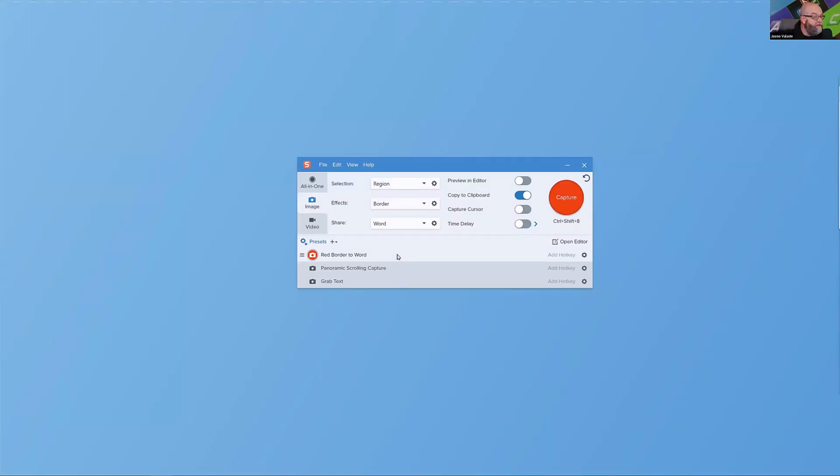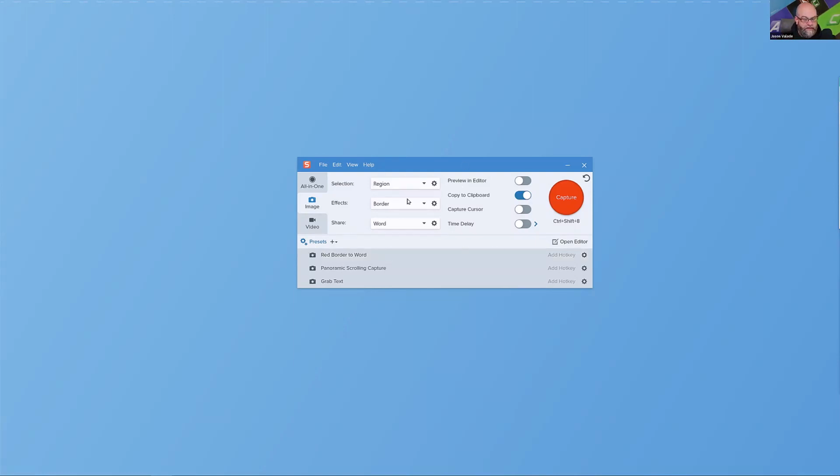It's not the Office 365 version. It's a desktop version. And I know it's not a video because Word doesn't support video, so it's automatically an image. I can do a couple of great things with this, and I'm going to show you all those in just a second. But first, I want to show you how to create a preset